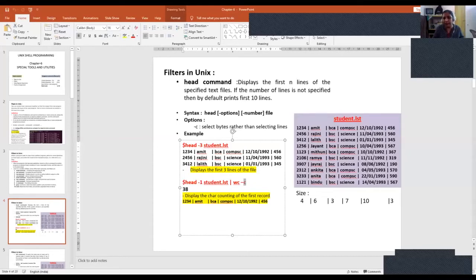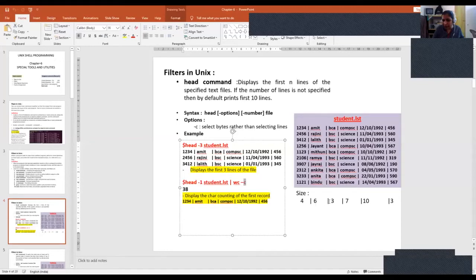What do you mean by a delimiter? Whenever I want to separate one entity from another entity, I will give a separator. For example, when I type your name, I say ABC space EFG or Rekha space C. So like that I will type, right? So space is called a delimiter between Rekha and C. Similarly here, 1234 is a register number, Amit is a name. So the separator between 1234 and Amit is your vertical bar.